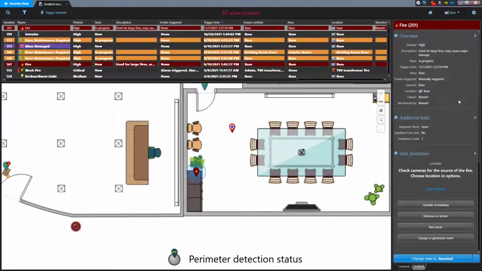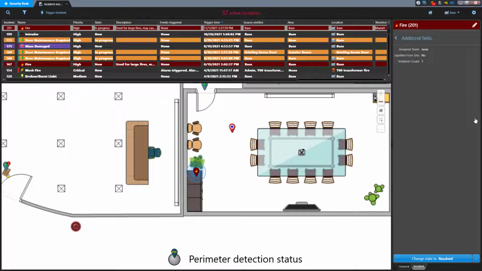If your system has any additional fields configured that can be used to track more information about an incident, you will see those in a widget below the overview by default. Showing more details on the additional fields section may allow you to edit these fields if you have the privileges to do so and are currently the owner of the incident. If you are able to edit them, hovering your mouse pointer in the Details pane will bring up the Edit button next to the incident name and number on top.